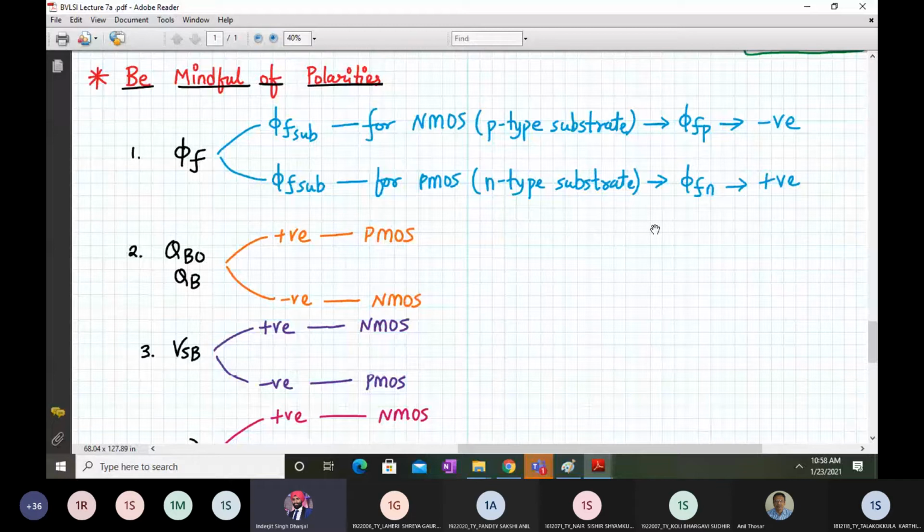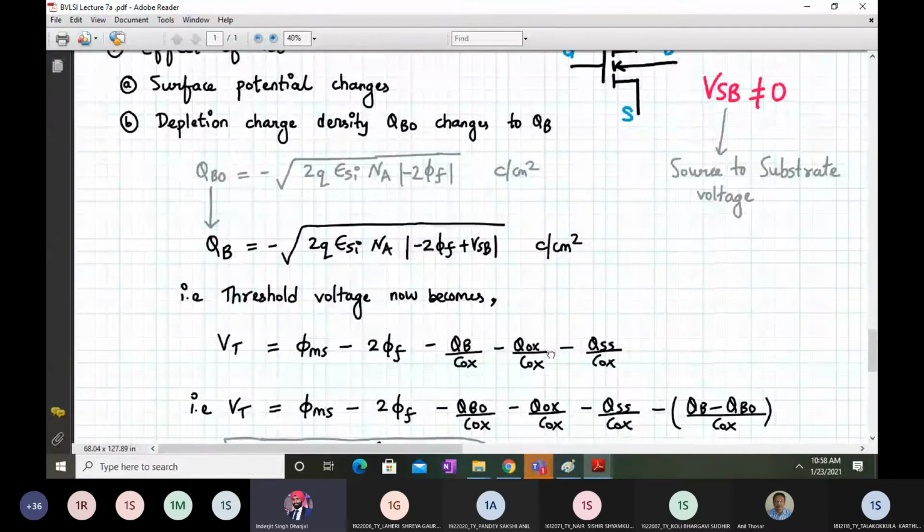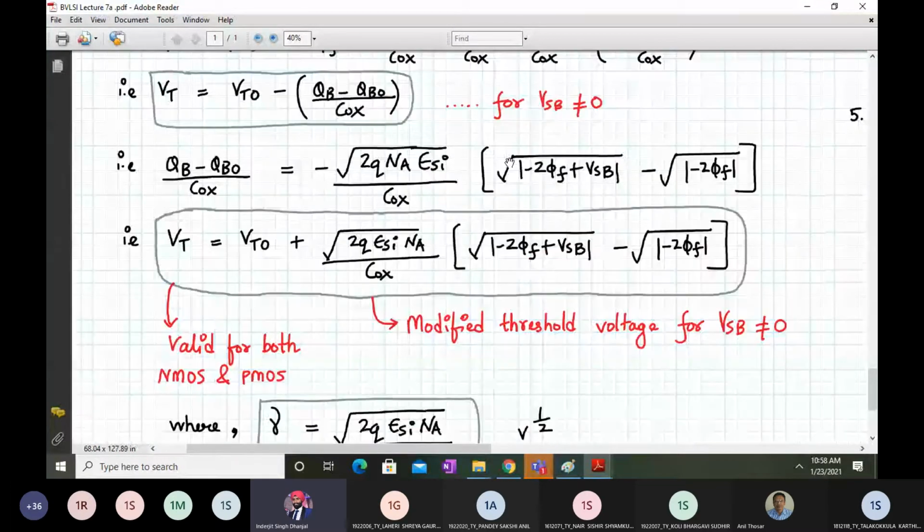Fine. Any doubts over here? Can anyone reply? No doubts, I can move ahead. So some indicator is there. Or else if you have any doubt, you all can type in the meeting chat or you can raise your hand. I'll wait for 5 seconds for your response and then I'll move ahead. So we have seen the expression for, yeah, just give the response.